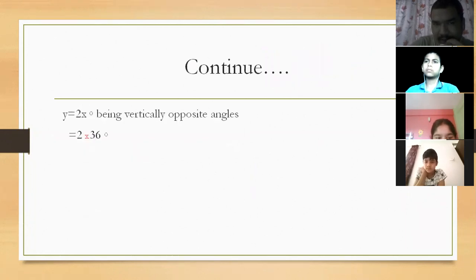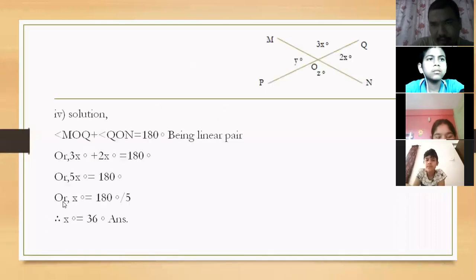continue that one, okay. How do we find y equals 2x? Why y equals 2x, do you know? We have already found the value of x, that's why. Look, I want to show you that figure again. In this figure, this y degree equals 2x. Why, do you know? Because they are vertically opposite. Vertically opposite angles, very good.